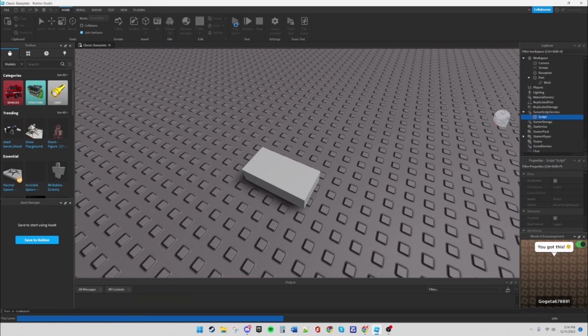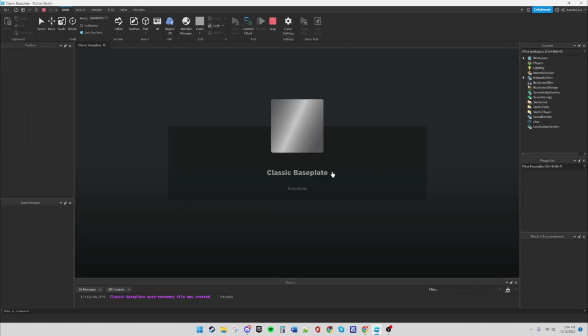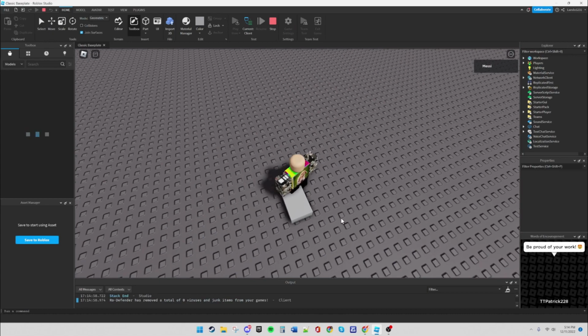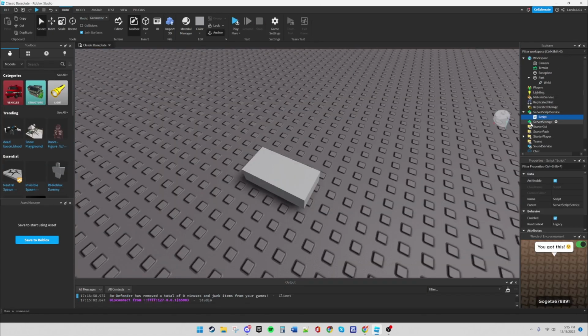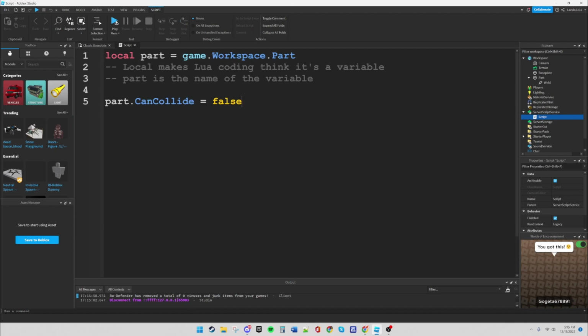False and true is basically a Boolean value too, so those will be very important in a lot of code. And now I can walk through it because the collision is equal to false. Now we can go to this part,